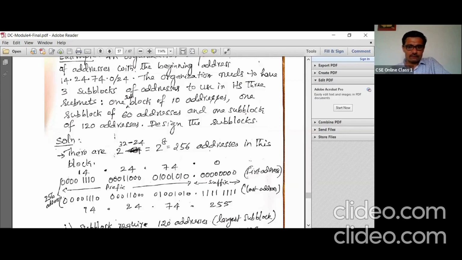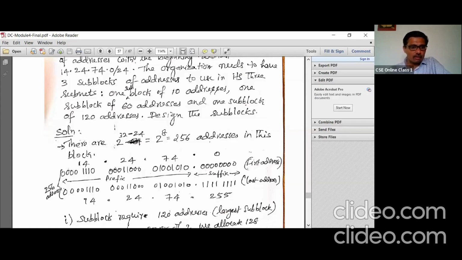For the organization, the prefix length is 24. So 2 power 32 minus 24, equal to 2 power 8, is 256 addresses in this block allotted to this organization. Only 256 addresses.